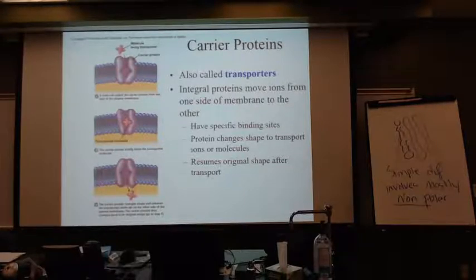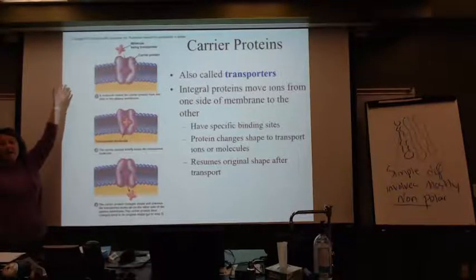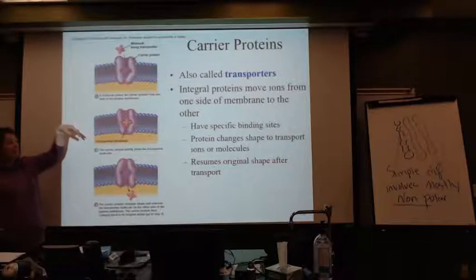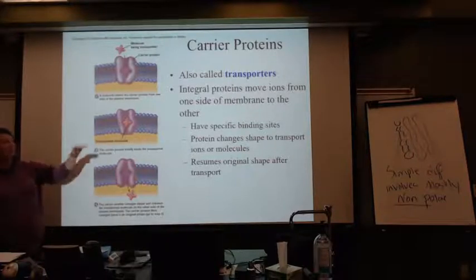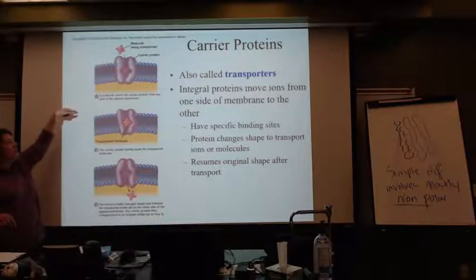So we are looking at having movement occur from outside to inside the cell, but it could also be in the other direction, from inside the cell to outside the cell. However,